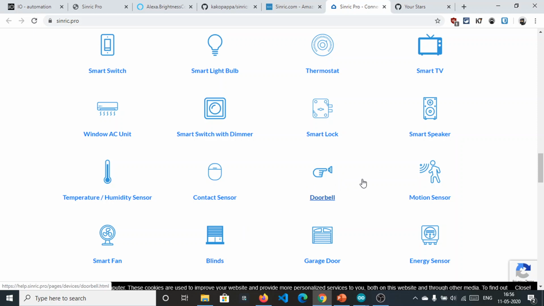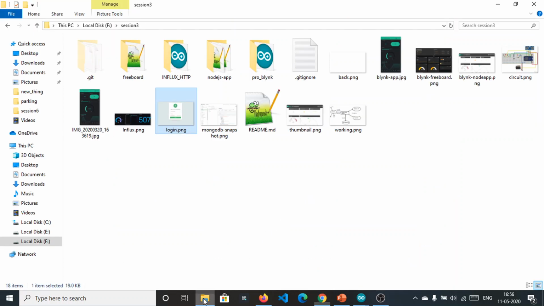And in home automation scenario, you need to use not Node MCU because you are working on large current and similar things. So in my opinion,